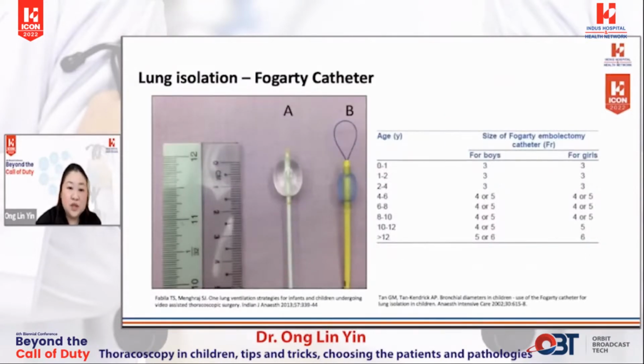Our last resort for infants is the Fogarty catheter. Most of you will be familiar with this name. However, this catheter was not devised for use as a bronchial blocker, and we have had to make adjustments, but it's used to prevent pressure effects on the affected bronchus. Success with this technique cannot be guaranteed, and if not deployed properly, it can even create a one-way valve resulting in persistent inflation of the lung that is meant to be blocked. It also doesn't work well for the right lung due to the higher takeoff of the upper lobe bronchus. If your anesthetist doesn't have any of these fiddly devices, a selective bronchial intubation may be all that you need.